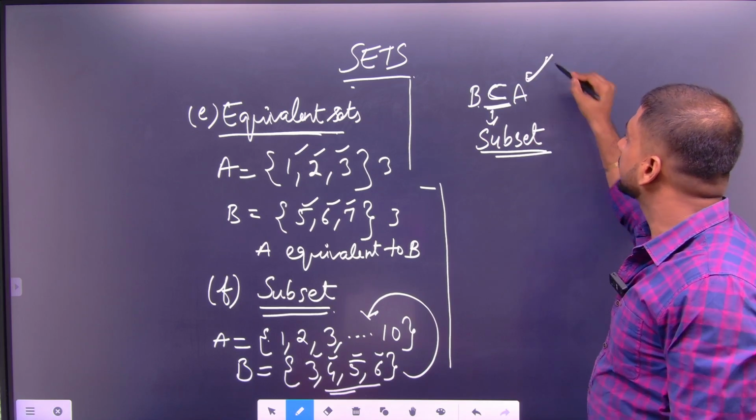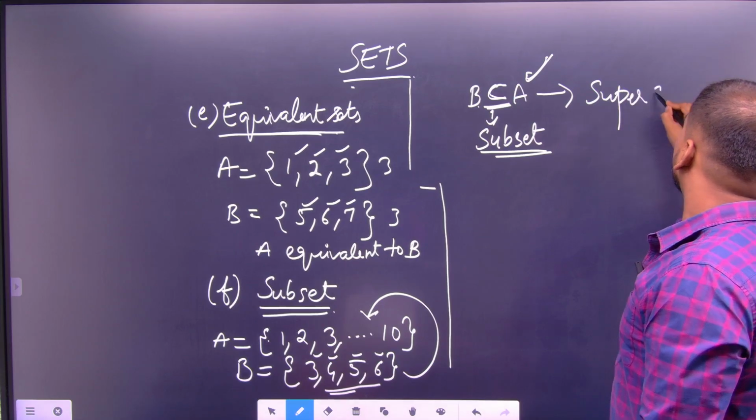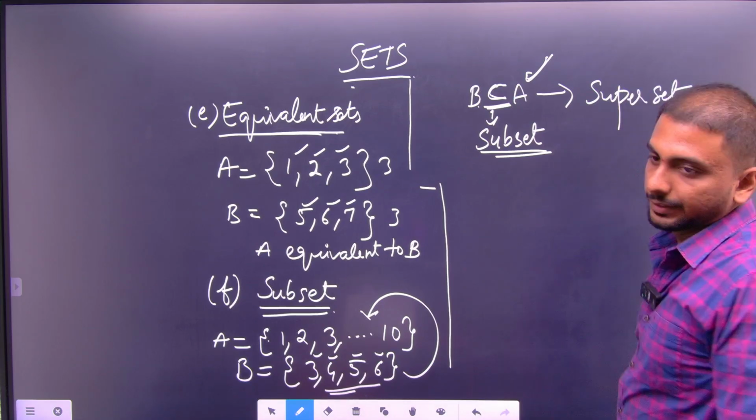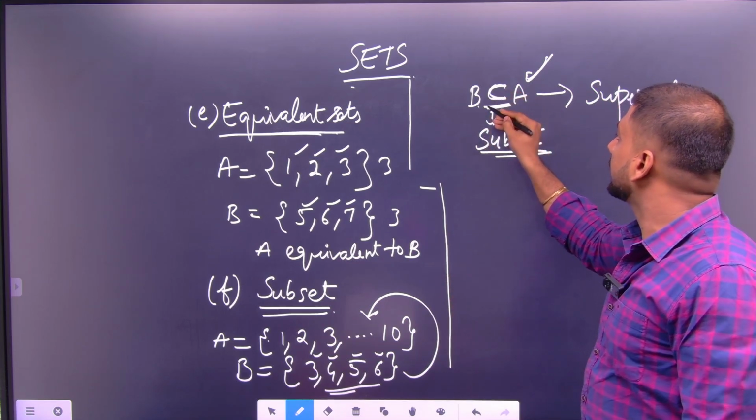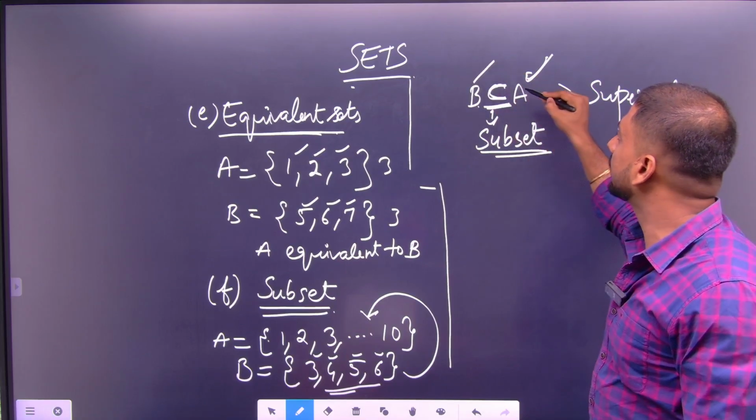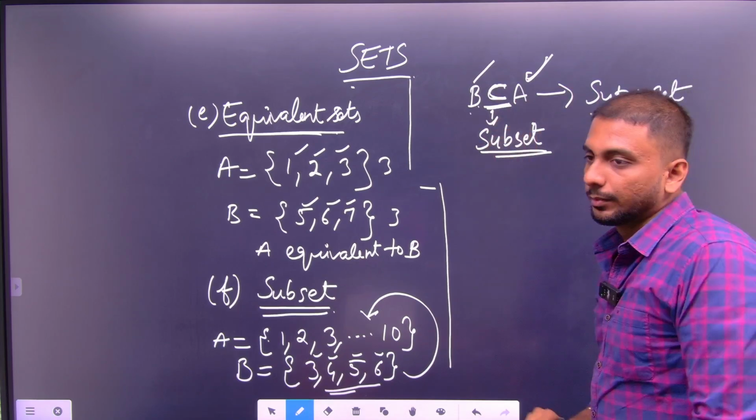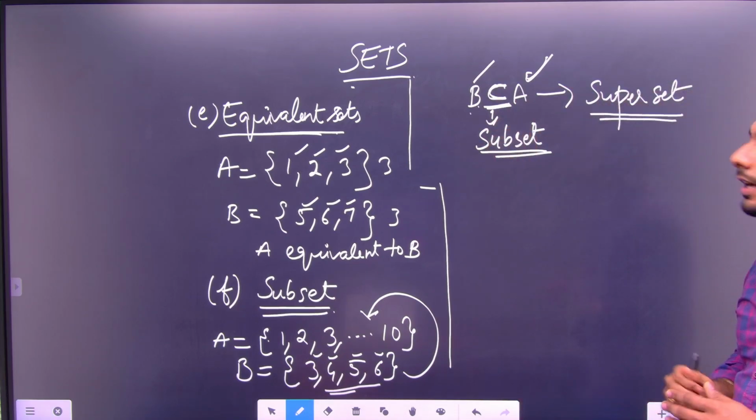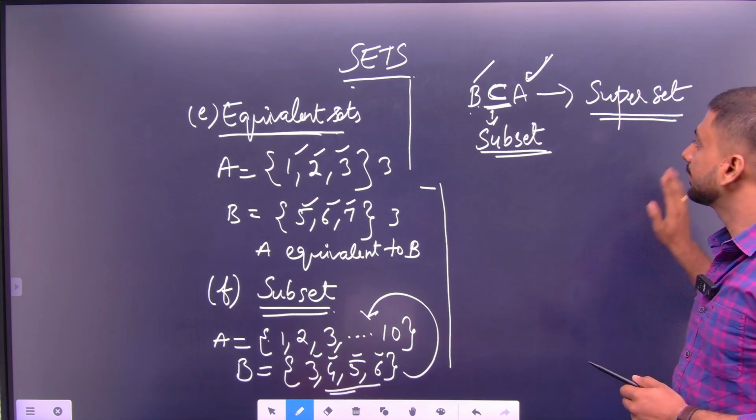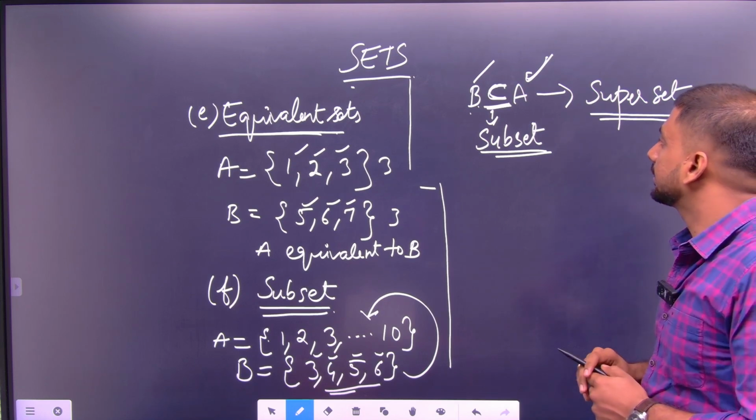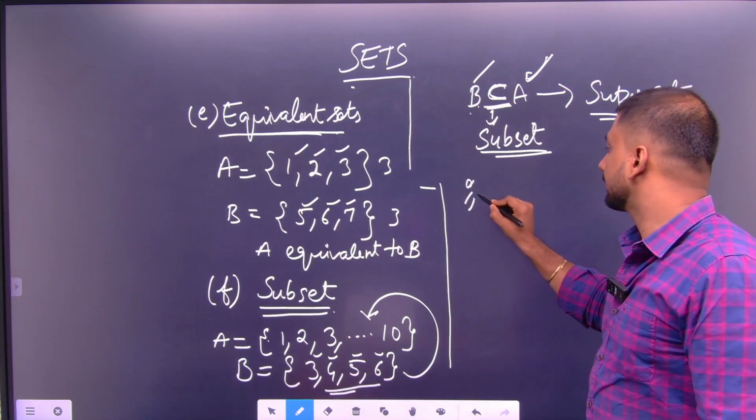A is called as superset of B. So whenever this U is tilted towards A, it means B is the subset of A and A is the superset of B. Please keep in mind about these things and please remember about the superset topics. Okay. Let's go towards the next type of set, that is